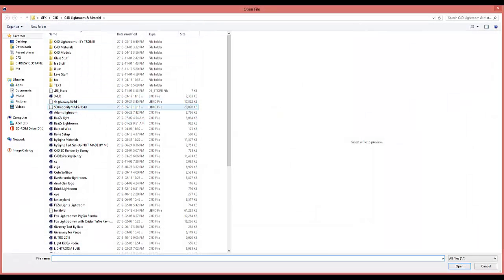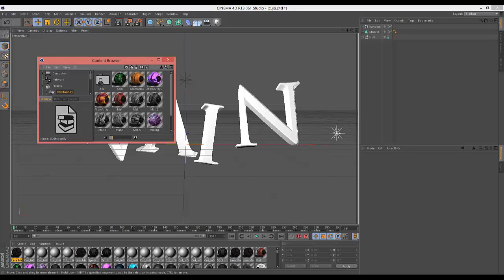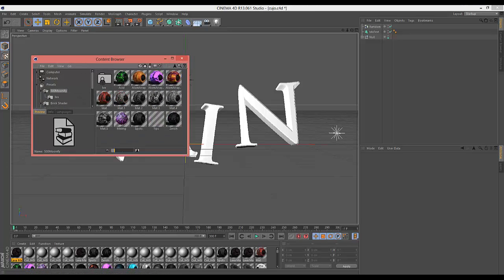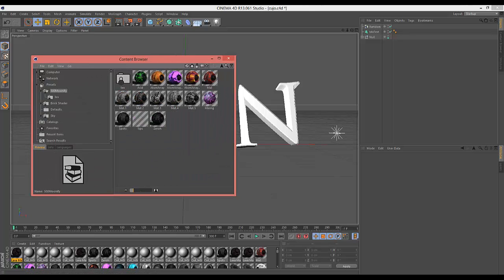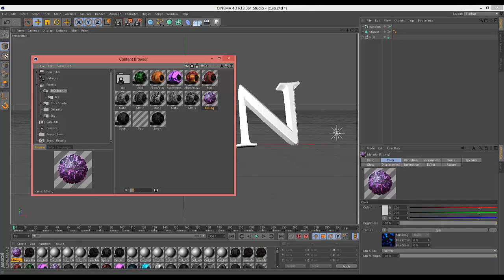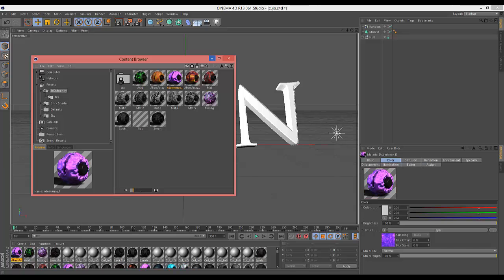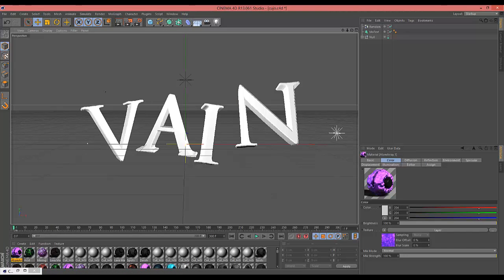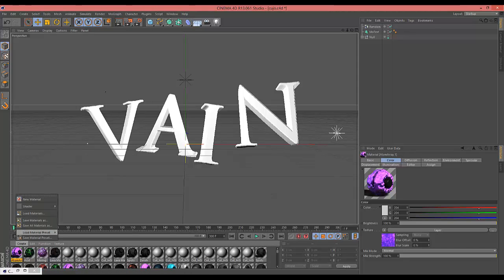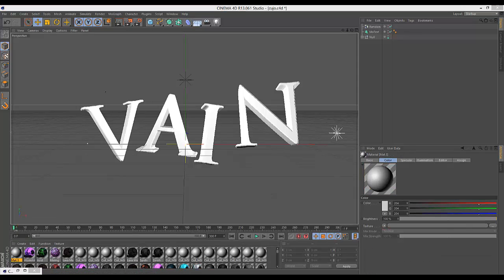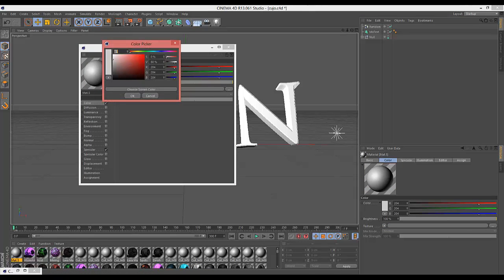I'll be using Moon's 500 pack, since it's a really good pack and it's free. Alright, so I'll be using the mixing, maybe the acid, and the atom array. Alright, so Moon's pack doesn't come with a solid white color, so we're just gonna make one. Go to create new material, double click on it, set the color to white or a light gray,